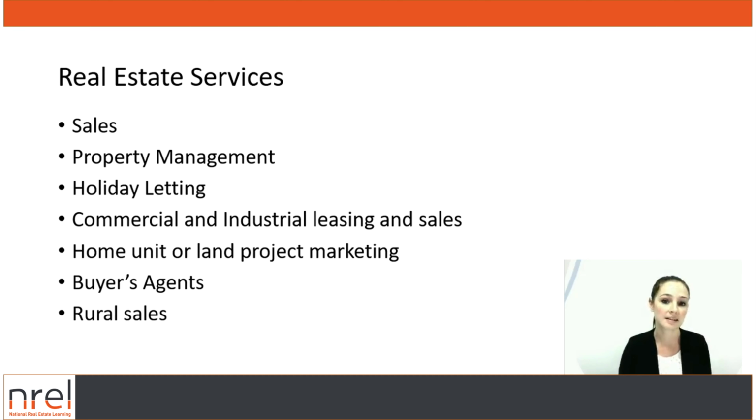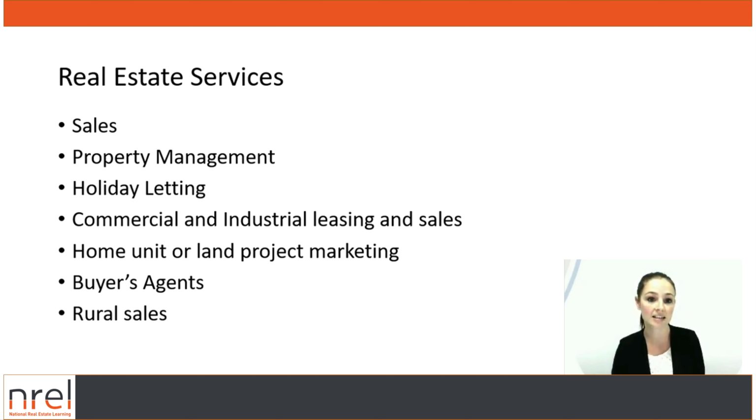One of the other ones is holiday letting. This is common in agencies that are located within a high tourism traffic area, such as the Gold Coast or even the New South Wales Central Coast. They deal with short-term accommodation and stays, so this could be just for a long weekend, a week or 2 week stays. The busiest times of year for these particular departments and agencies is obviously the Easter breaks, Christmas period